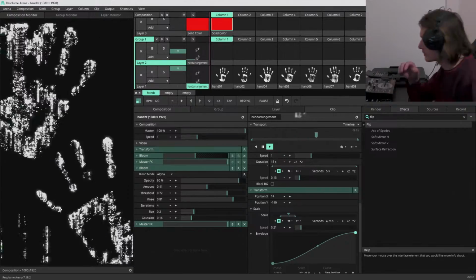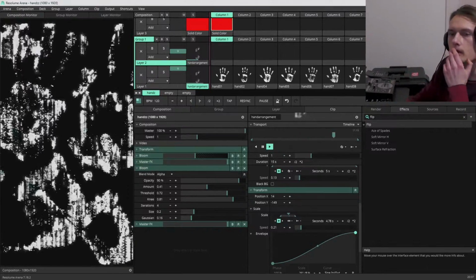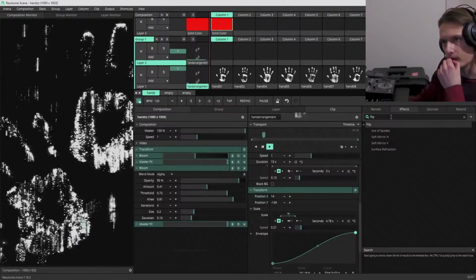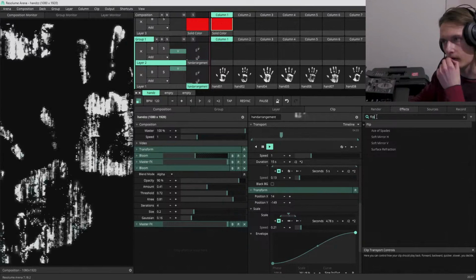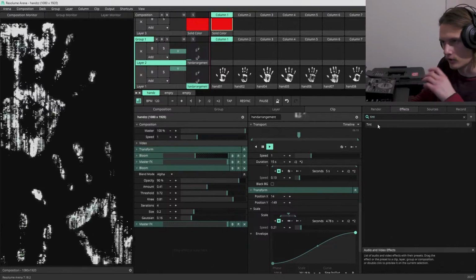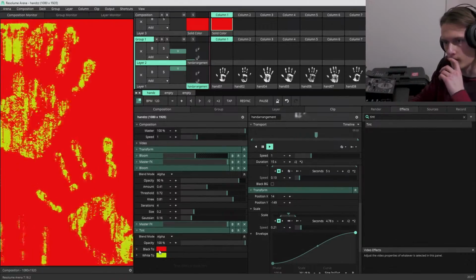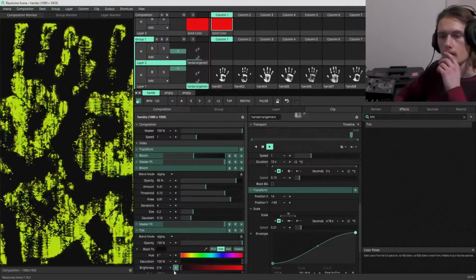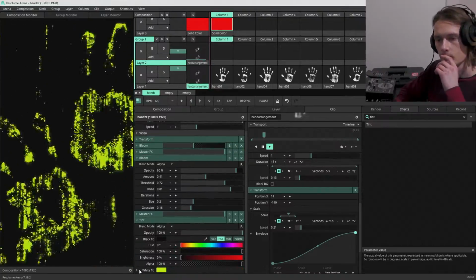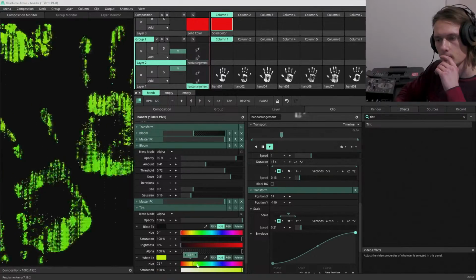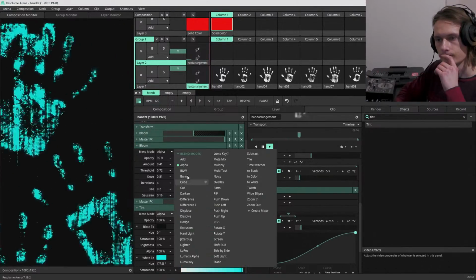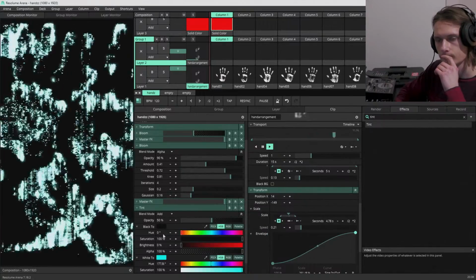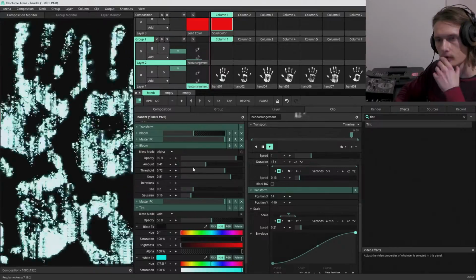What else could be added to this? What more could be done? While I think about that, I'm going to add a tint effect. Not this sort of tint. That's a little crazy. More like this sort of tint. And then I guess